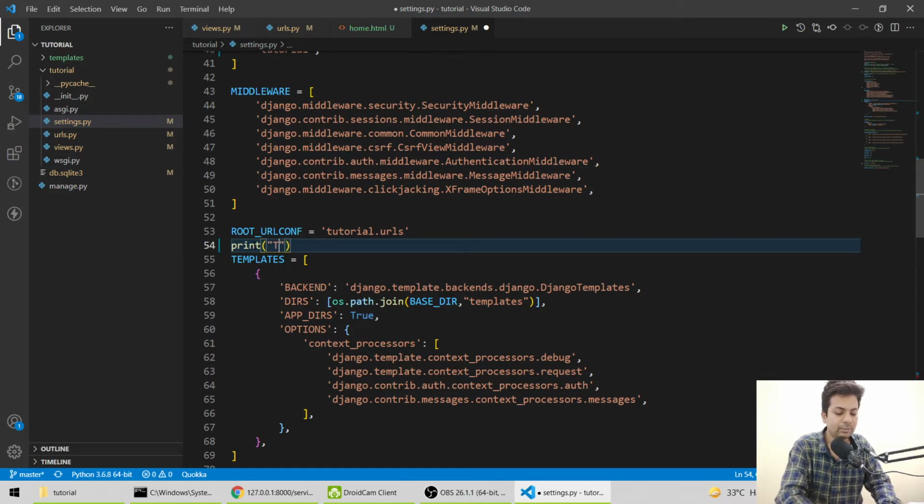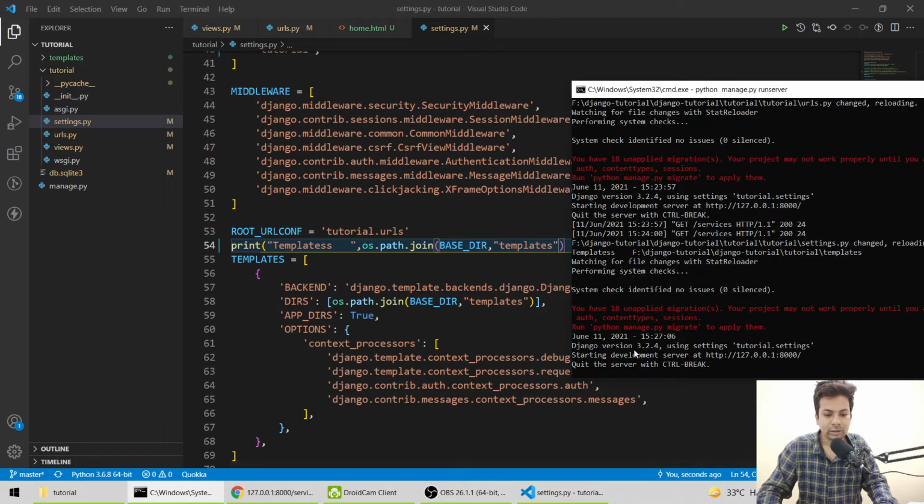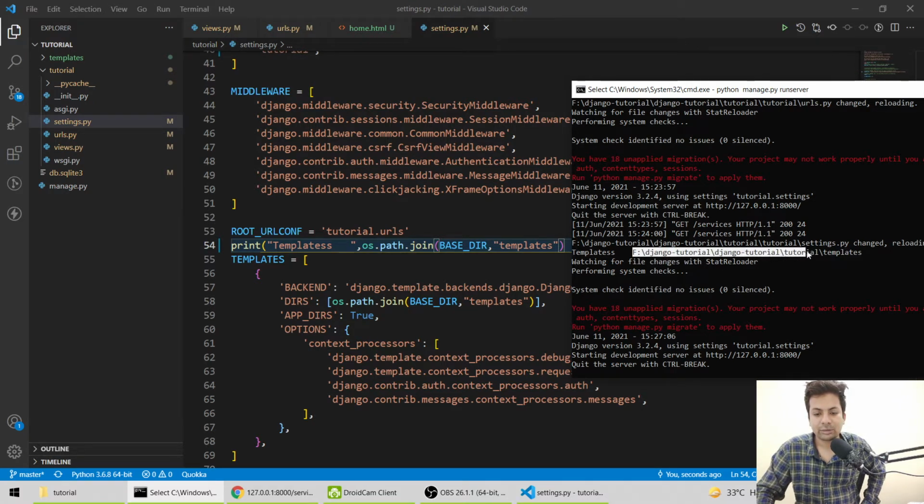Let me hit save, and if I go here, you can see it reloads and printed the drive name, Django tutorial, tutorial templates. So it's just giving the path of that folder.